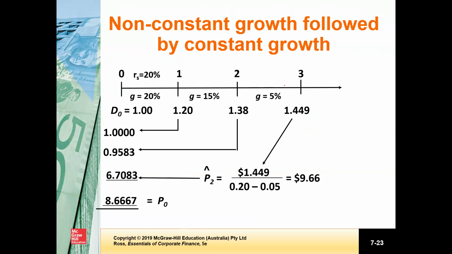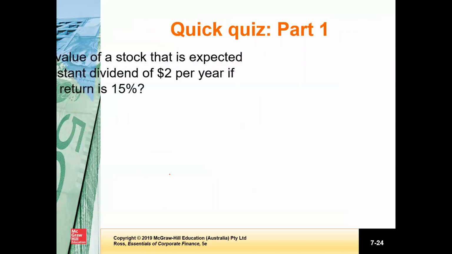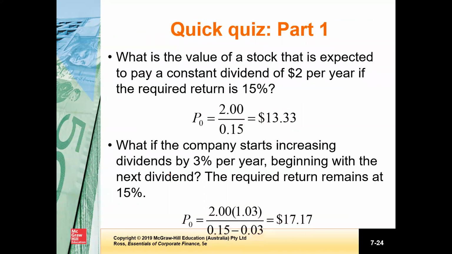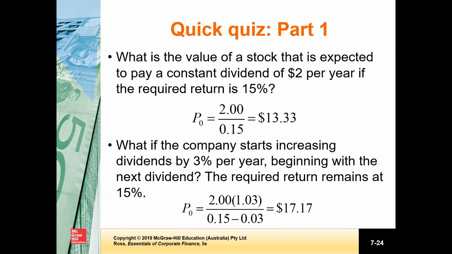So this is just a timeline of the example that we have seen. You see that year one dividends, this is the present value, then this is the present value of year two dividend, and this is the present value of the price we expect, an estimated price at the end of year two. Okay. So these are some examples you should be practicing by yourself. The first one is a constant dividend model, and the second one is a constant growth problem. These are very simple and very straightforward.